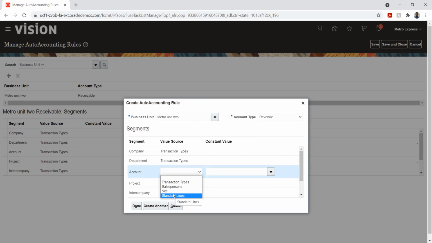If there is a requirement where I will not have the items in place, but this might be a financial charge or something like that, for those cases I can create this memo line, because I don't want to create a separate inventory unit and separate subinventory for my service item. Instead, I can use just the standard memo line and create the item. So if I want to derive the standard memo line, I can just select standard memo line as a value source.